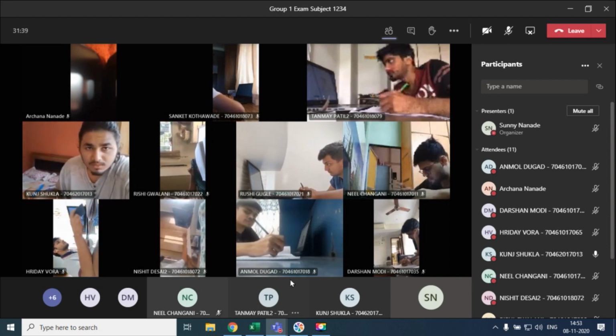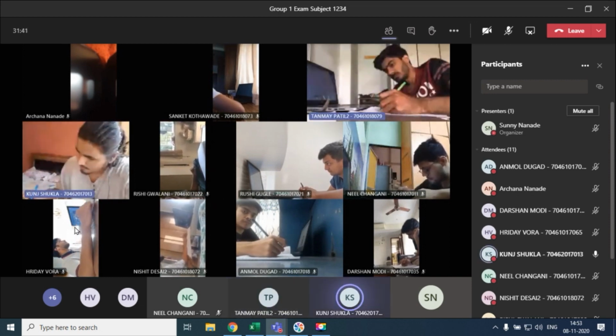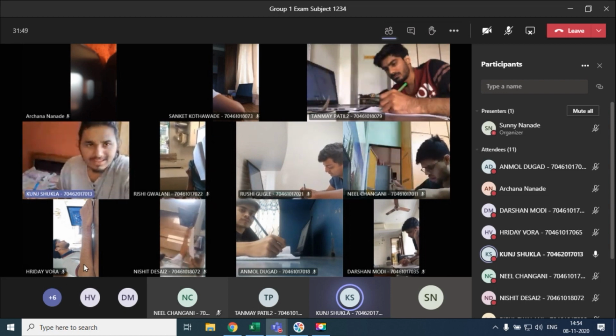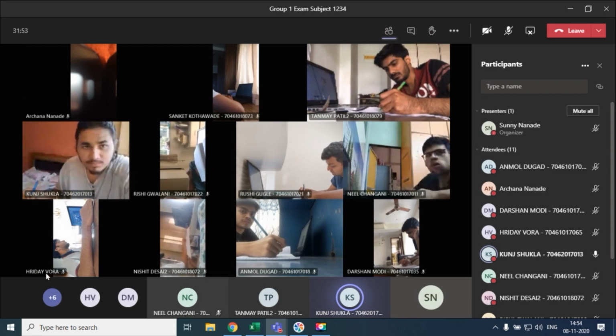So here we can see in some places the orientation seems to be wrong. So here we cannot spotlight in this large gallery mode.